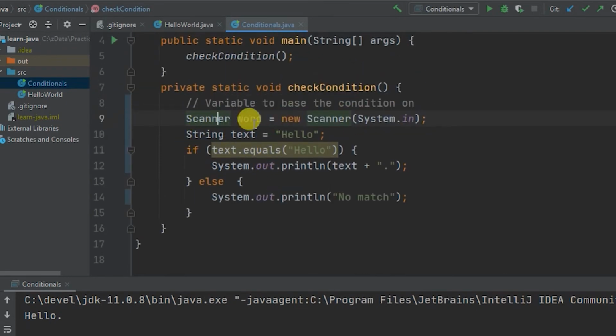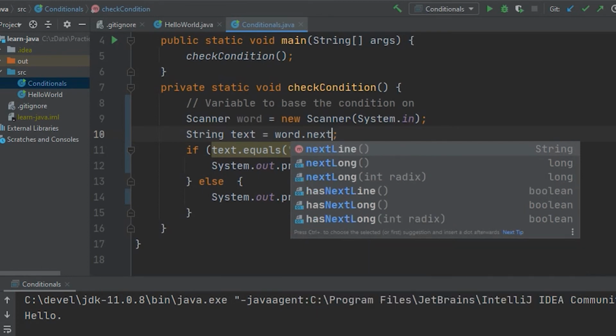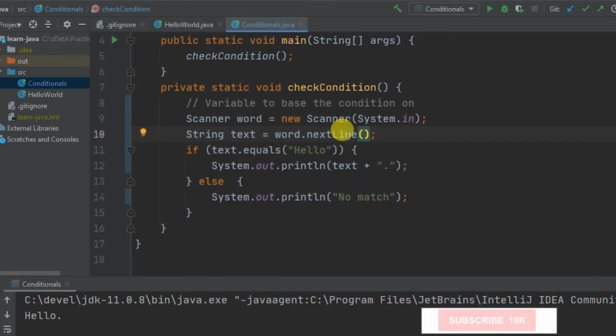So we have this word. We've created the new Scanner object, which is good, but we're not using it because the text is still set to this. So I want to say word dot nextLine. Line is good enough. There are different functions, so you can get a next integer, next double, long, whatever data type. This should now work. I've just run it,